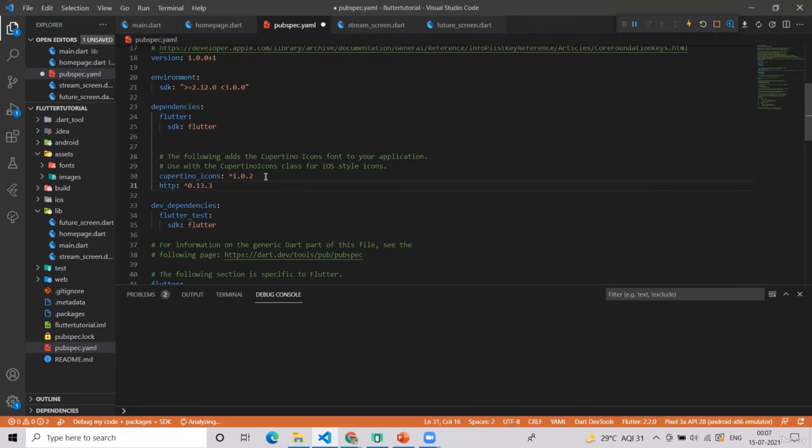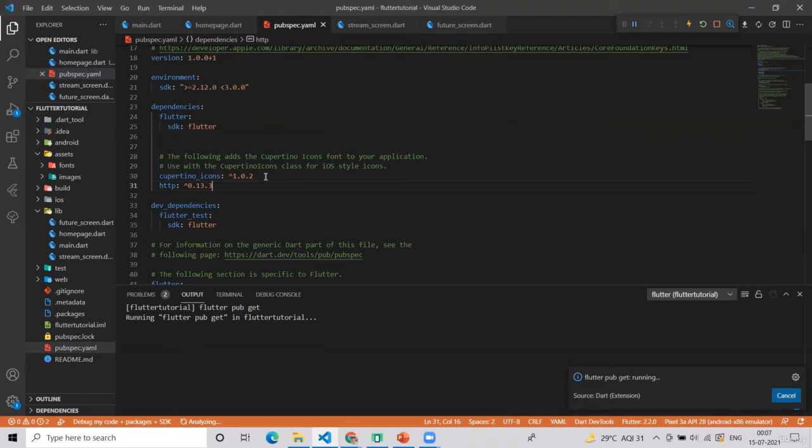It's up to you. Okay, flutter pub get is running. It will get the dependency and yes, it's done. Now our HTTP dependency is installed.